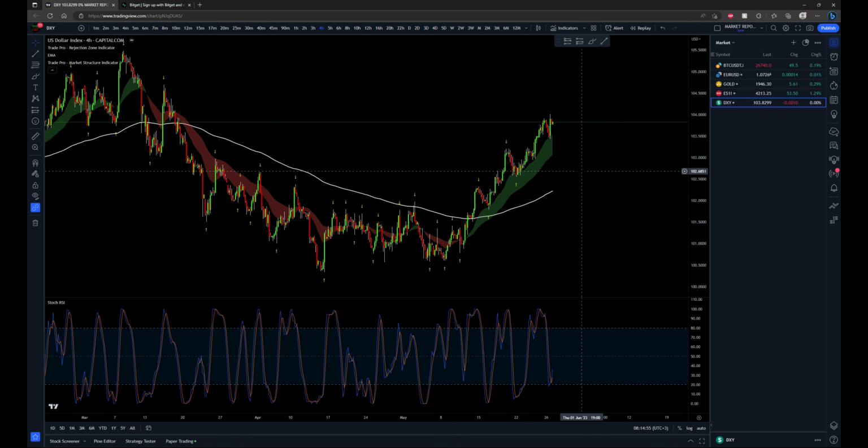It's trying to get in at discounts, looking for trend continuations as I always do, looking for hidden divergence,